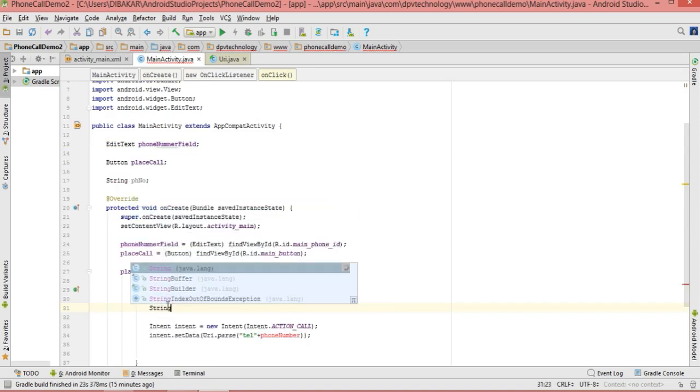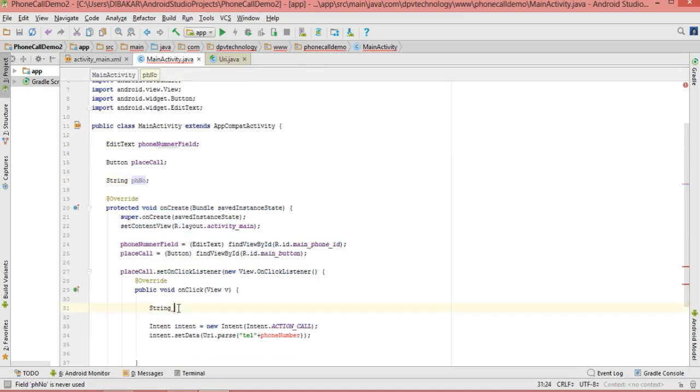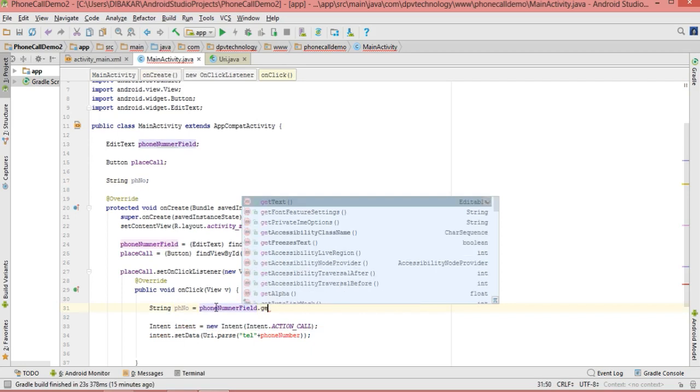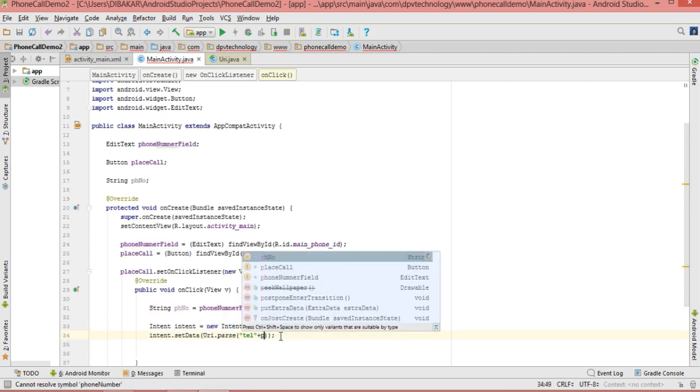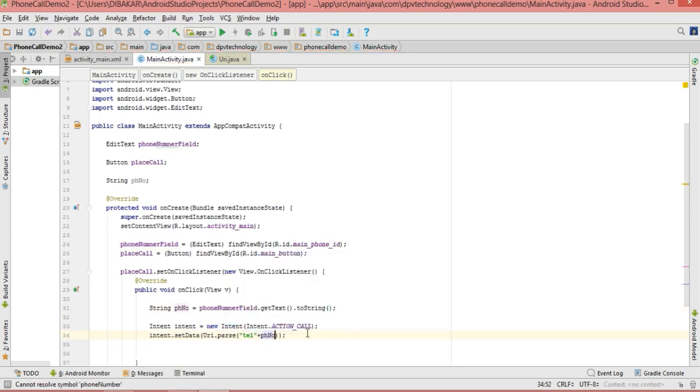String, the phone number will be contained in this string, and then phoneNumberField dot getText dot toString. This will return the phone number to this string, and let's send it to psNumber. And now we have this phone number here,